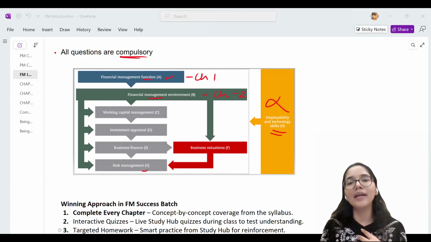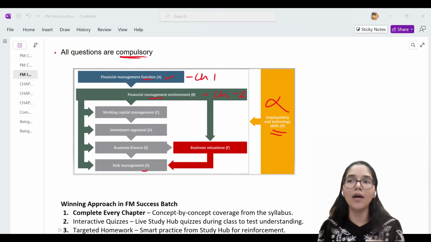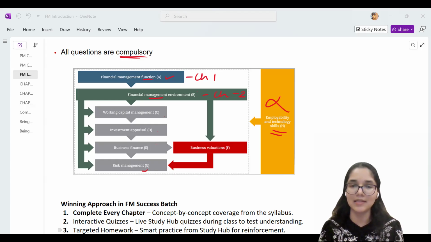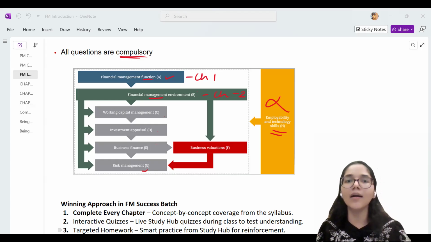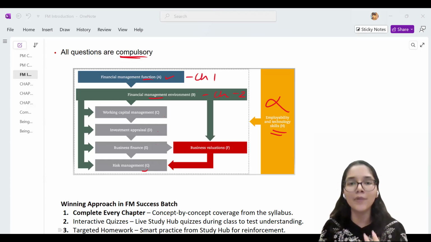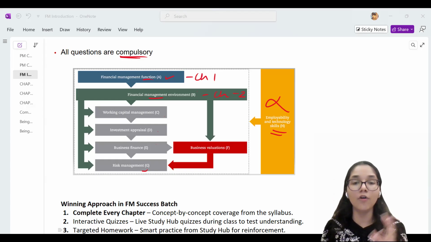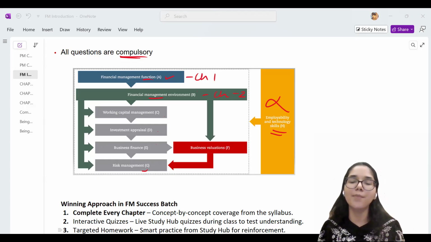So, environment, if I have to tell it to you in an even simpler word, basically means my surroundings. If I am operating as a business, let's suppose you are Domino's Pizza, the work that you do is that you manufacture pizzas and sell them to customers. This is your main business. But is it only you and your customers who are going to affect the operations of Domino's? No, there are so many external factors. What are our competitors doing? What rules is the government launching? What is the state of the economy? Because if the economy goes into a depression, will people still come out for those expensive pizzas? Probably less, right? So whatever is happening inside as well as outside of the organization is what forms a part of the environment.